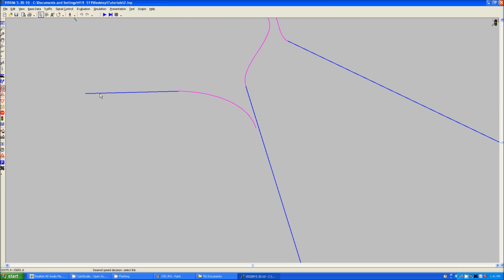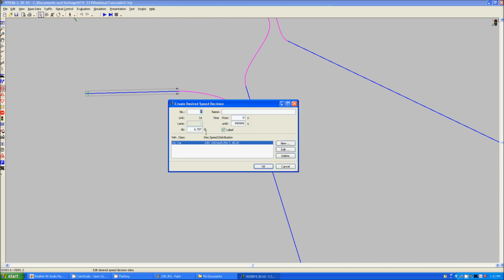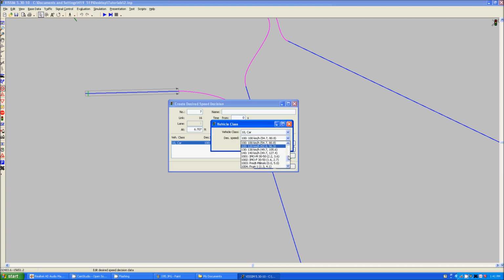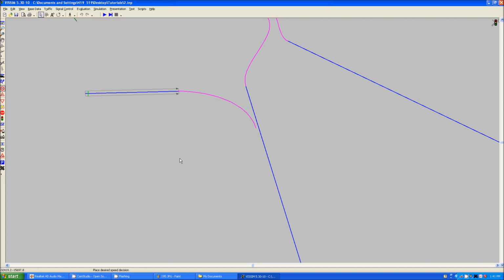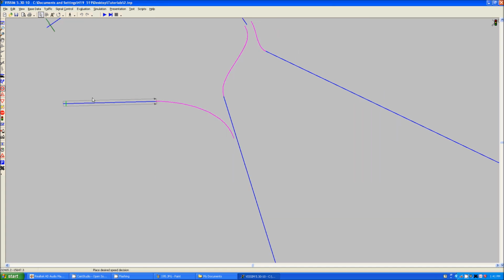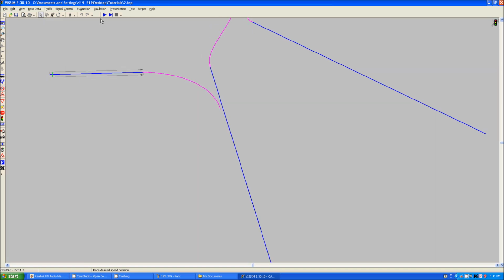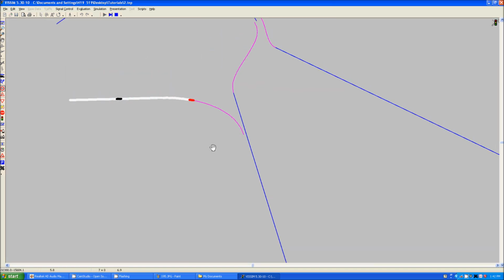And we'll set speed decision here. We'll edit it here, and we're just going to say they're going to be coming in at, say, 60 kilometers per hour, as opposed to flying in at whatever speed they feel like. So, if we just play through this,